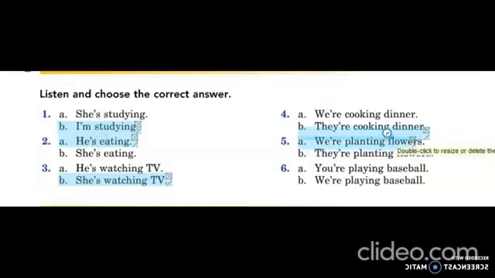And the last one is, what am I doing? You are playing baseball or we are playing baseball? You are playing baseball. And that's all. And we finished the class. What are you going to do now? You're going to work on your